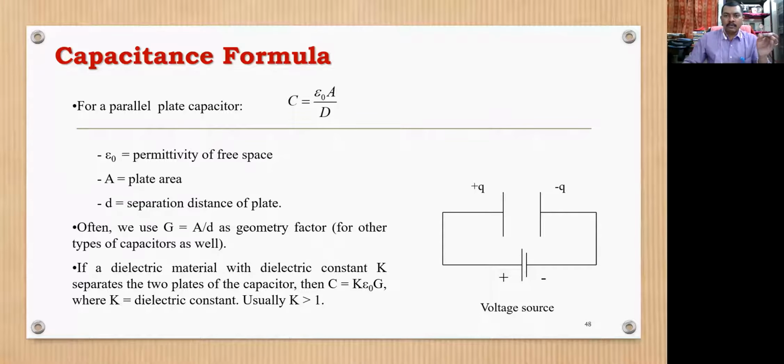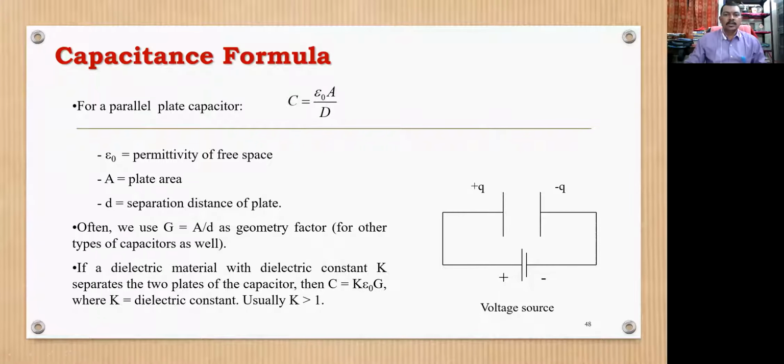Lastly, I told you that Earth acts as one of the plates, and the clouds act as another plate, separated by air in between. When a cloud goes from one position to the other, due to friction, it stores charge, and when these charges overflow, they come down in the form of lightning to the earth, and this forms a big capacitor. We are not able to store that energy. If we were able to store that energy, we might save lots of electricity. That is a part of research.